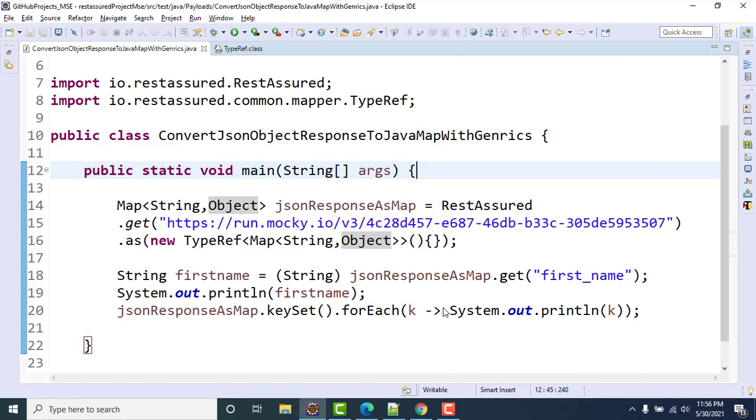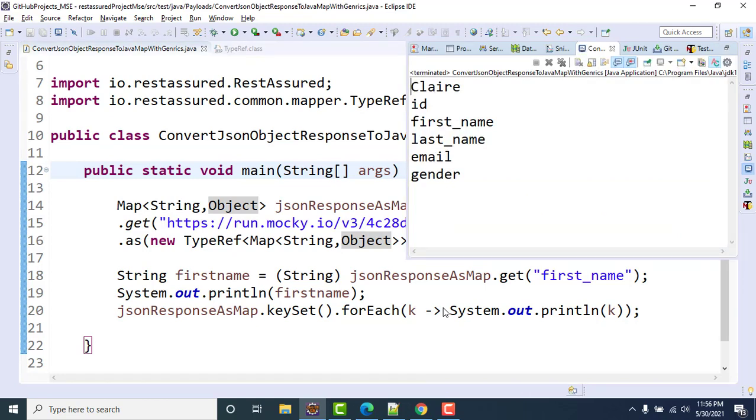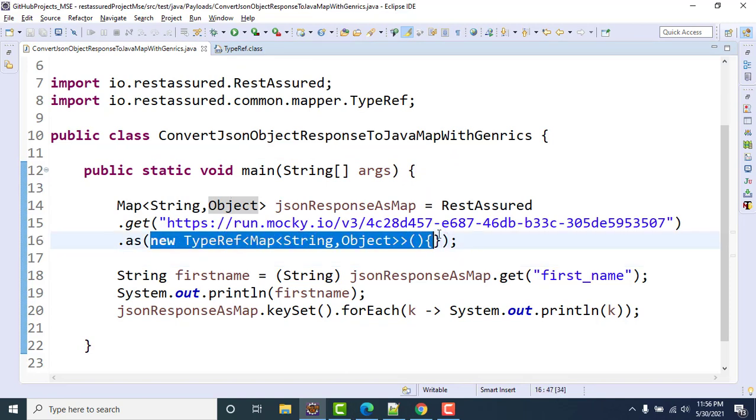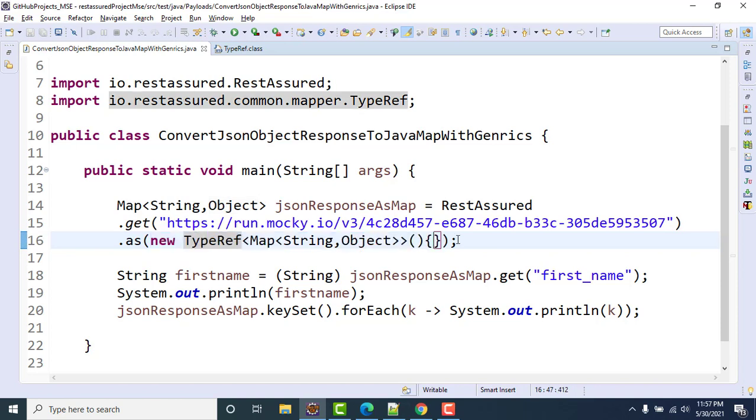So whenever you want to convert the response to a class type, a class with generics, you cannot directly use the class name with generic dot class. It will not work, so we need to use the TypeReference. I hope this is clear to you. You might find this a little confusing, but don't worry, you just need to practice and remember the syntax. Whatever you use to create a normal object, Demo d equal to new Demo, here we are creating an anonymous one, so I'm not going to store this in a reference variable. In the next video we're going to learn how to do the same thing with a list.